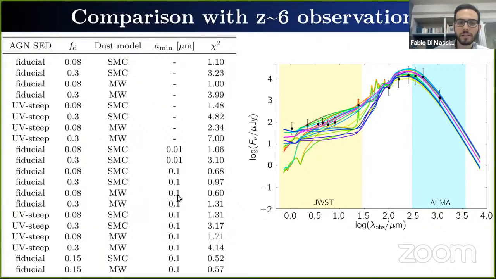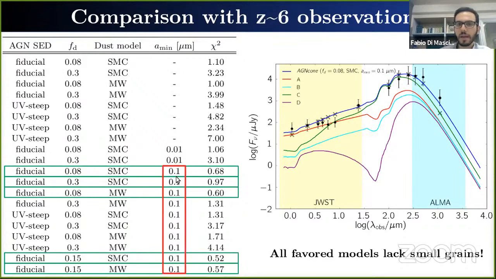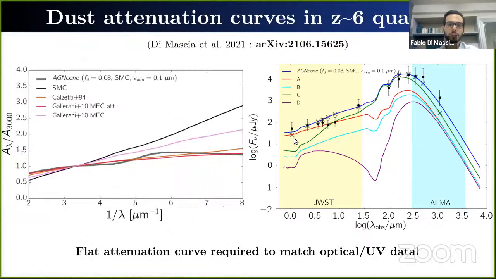And what we find is that 5 models are favored by this analysis, but all of them have a cut in the grain size distribution at 0.1 micron. So all of them lack small grains. As a consequence, you see that the SED in the far UV is essentially flat. And this is due to the fact that the attenuation curve that we predict, which is shown in the left-hand side panel,